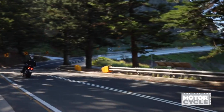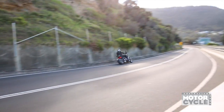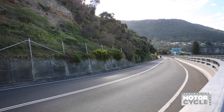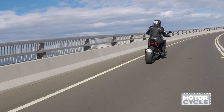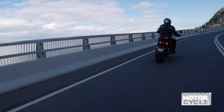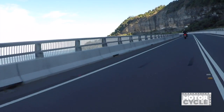Power is provided by the same DVT engine fitted to the Multistrada with a 3.6mm increase in stroke for a capacity of 1262 cc's. It's been designed for low down grunt and delivers 128.9 Newton meters at just 5,000 RPM. Power is 114.7 kilowatts, which is a little less than the Diavel's 120 kilowatts, but delivered in a totally different